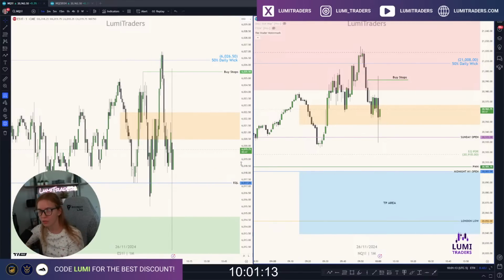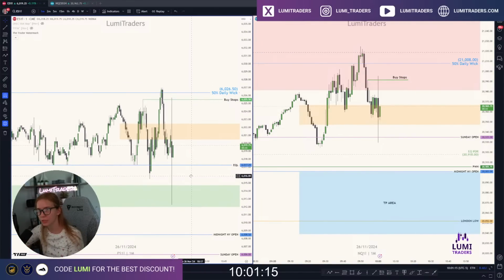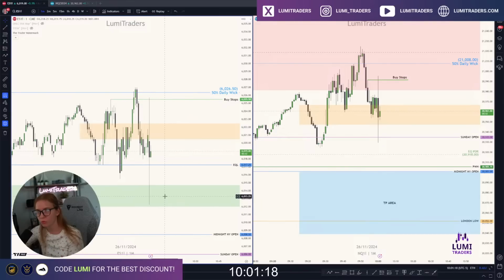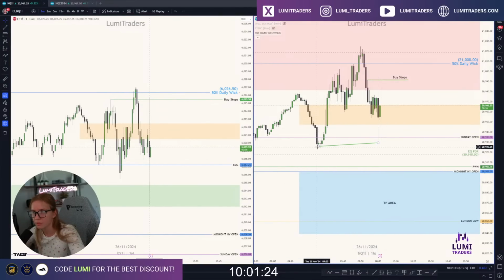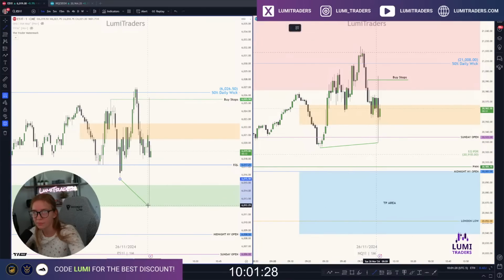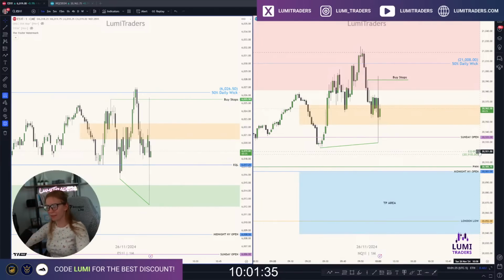On ES, it's already traced to this old measuring gap. Absolutely solid reaction from this old measuring gap right here. It offered SMT. Okay, let's react. So far, we got SMT right here, and right here. To be honest, I expected to get a bigger move than just this week up and down.